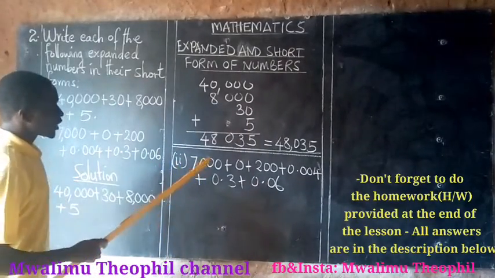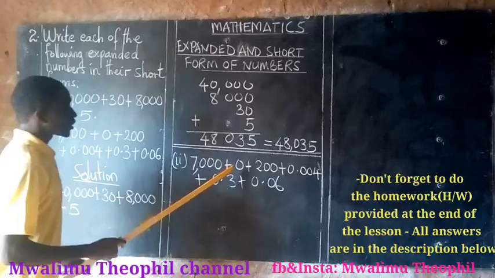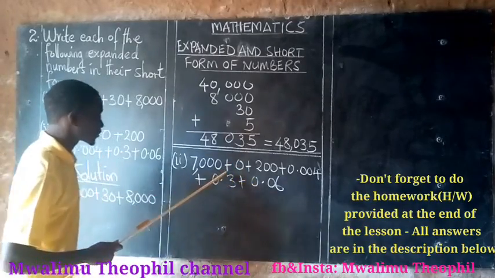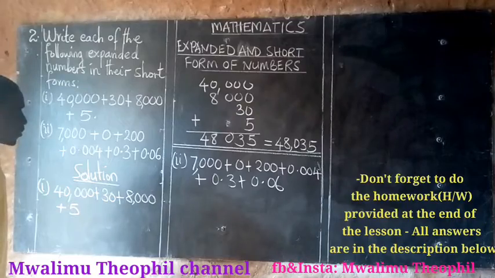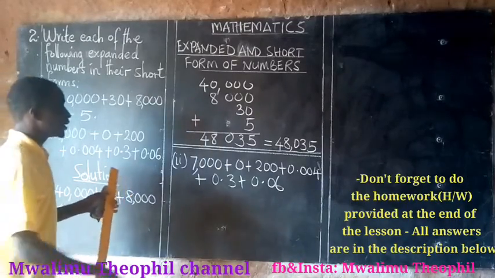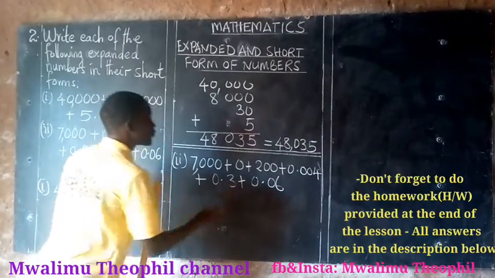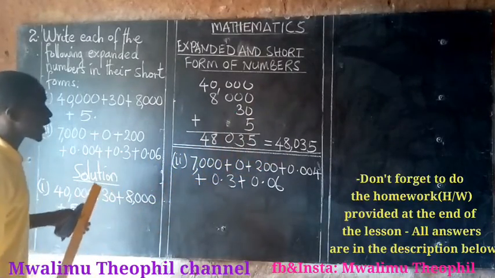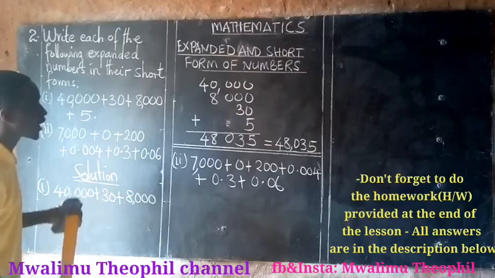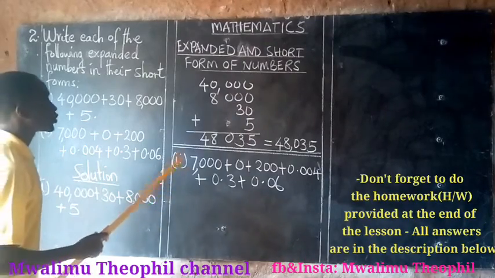Now, the way we carry out the short form for this expanded number is the same as we have done in the first part. Now, you arrange the number in vertical way. You carry out vertical addition of these different total values so that you get a short form